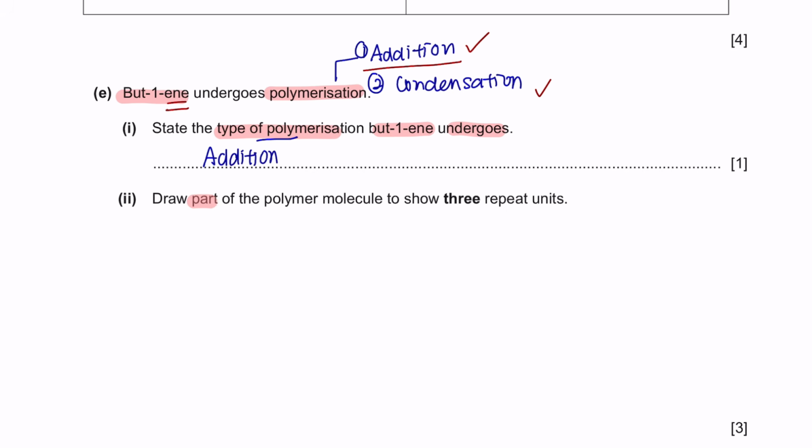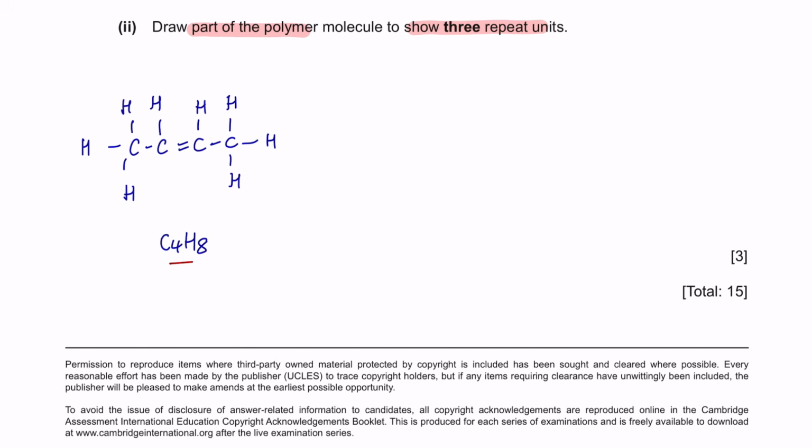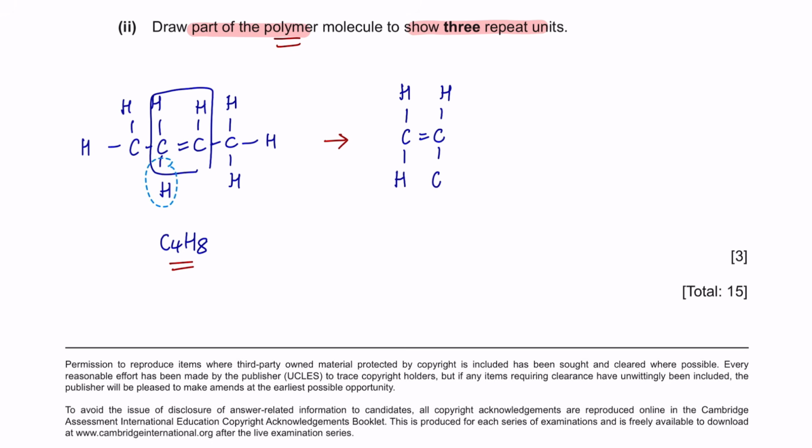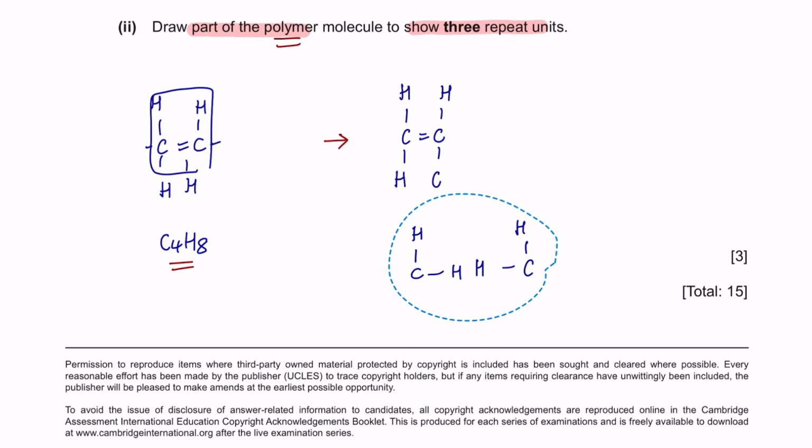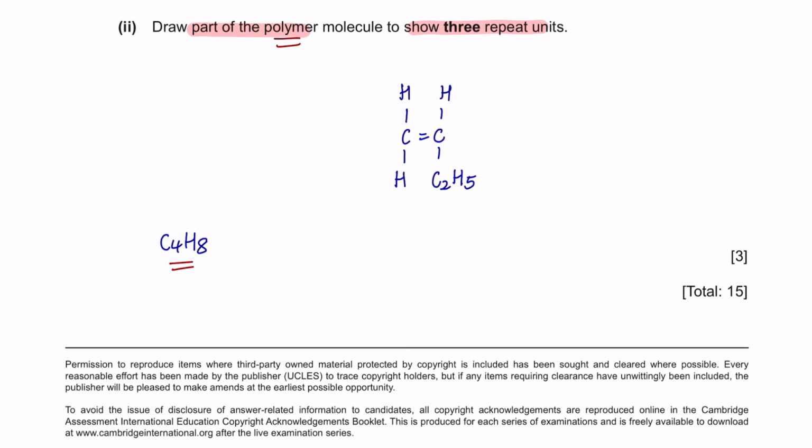Part 2. Draw part of the polymer molecule to show 3 repeated units. Now this is what one molecule of butene would look like. But when you are asked to draw a polymer, you have to summarize this by only having 2 carbon atoms. What this means is that we're going to only take 2 carbons and then place the hydrogen here, and the rest of it is going to be summarized at the bottom here. So that would be like this. So if we count, there's still a total of 4 C's and